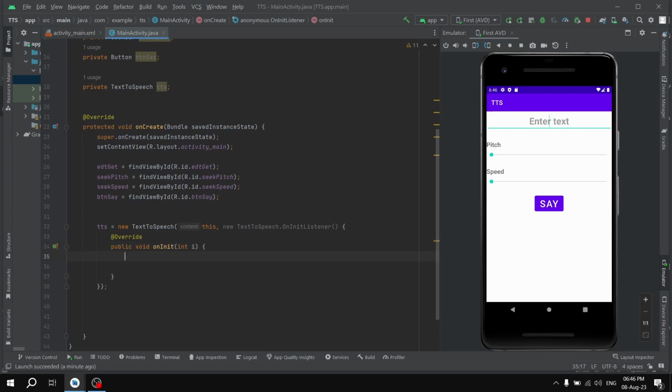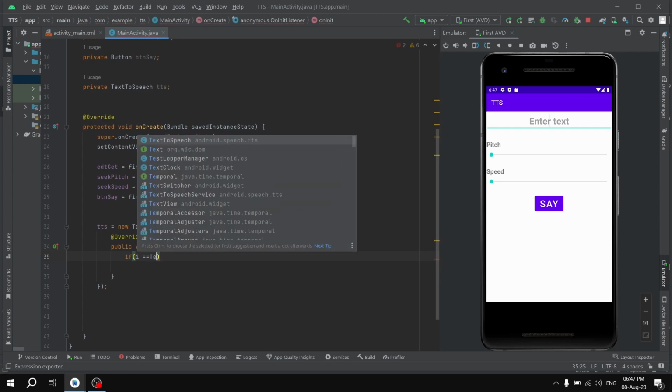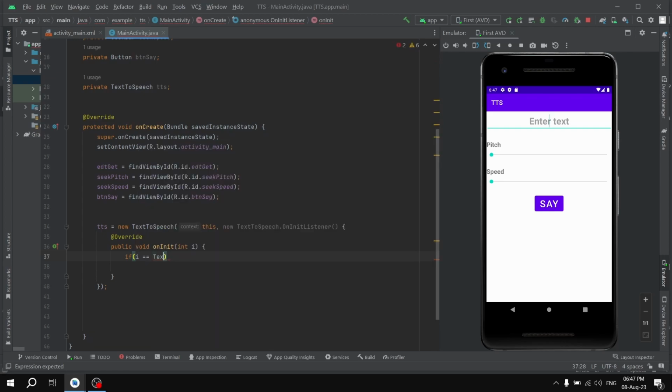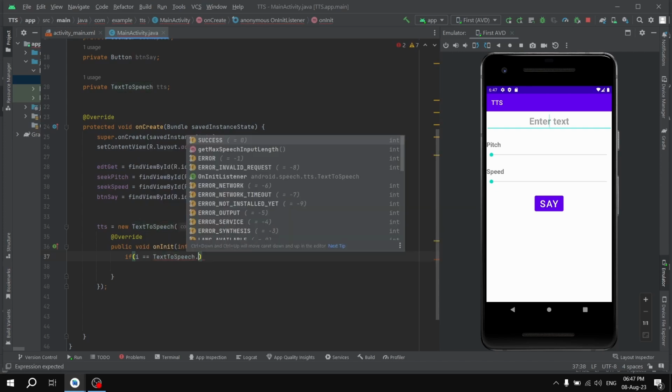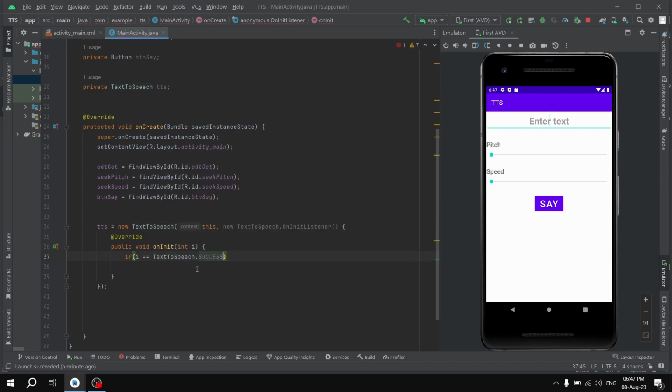And after this one, in the onInit method we are going to say if i equals, so this is the i which we are using here, and then if TextToSpeech success, and in this case, if this process is successful, we are going to open up